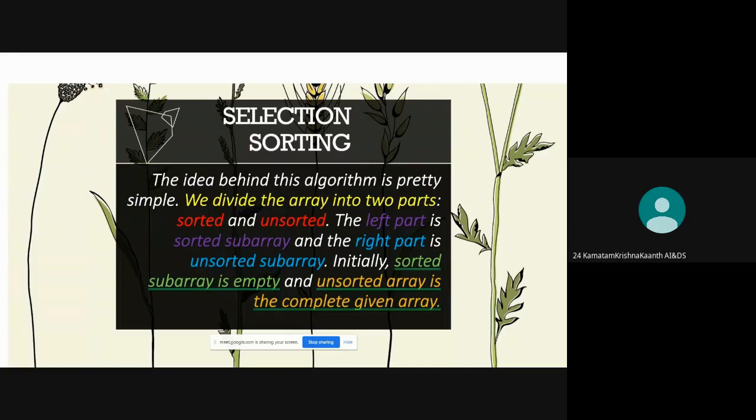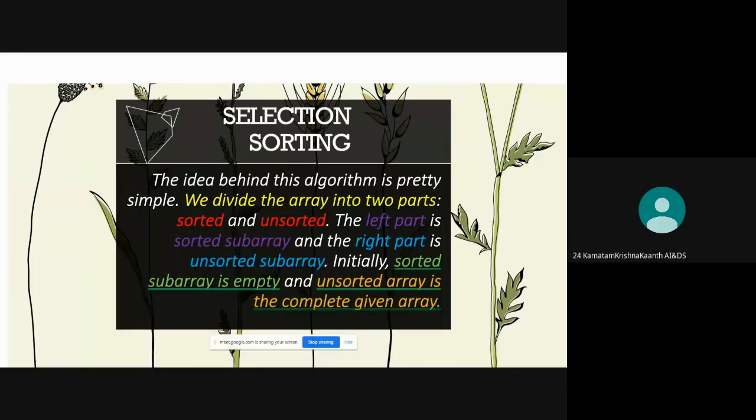It divides the array into two parts: the left part is the sorted subarray and the right part is the unsorted subarray. Initially, the sorted subarray is always empty, and the unsorted subarray is the list we have given.